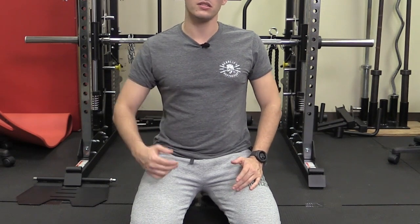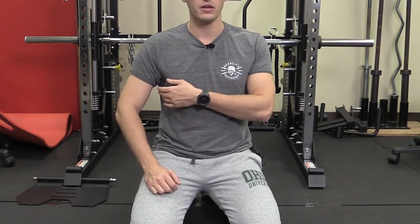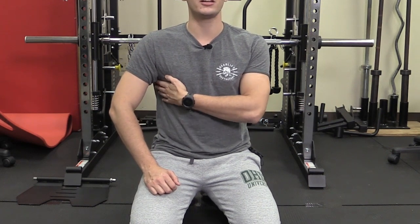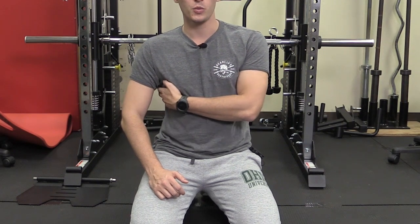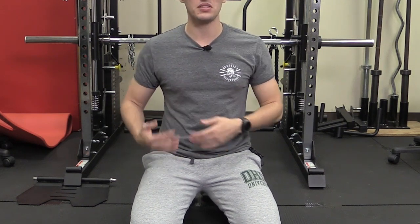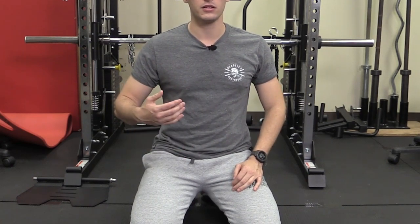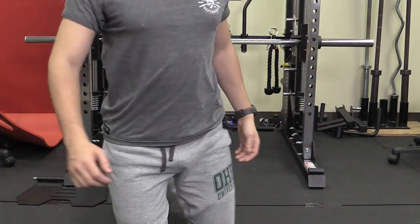Now, what a Pushup Plus is just a weighted form of scapular protraction. This is an important exercise because it works mainly the serratus anterior, and having a strong serratus anterior can help prevent the clinical condition of winging scapula, where your scapula becomes depressed backwards and can sometimes separate at the scapulothoracic joint. Now, the way we're going to do this exercise is we're going to get up in a push-up